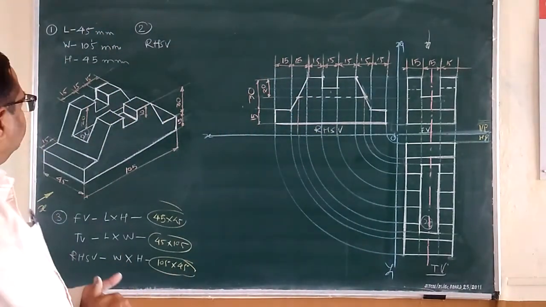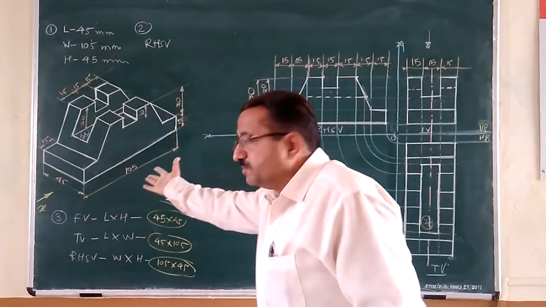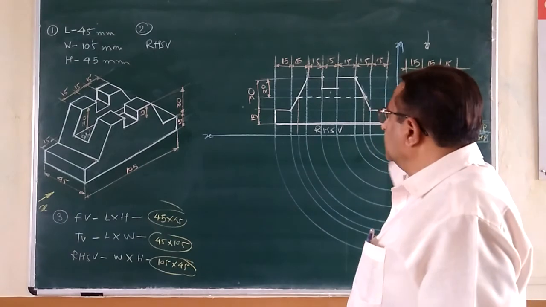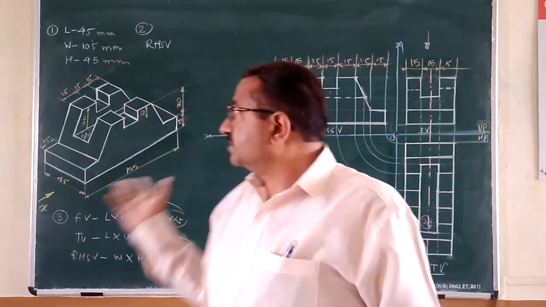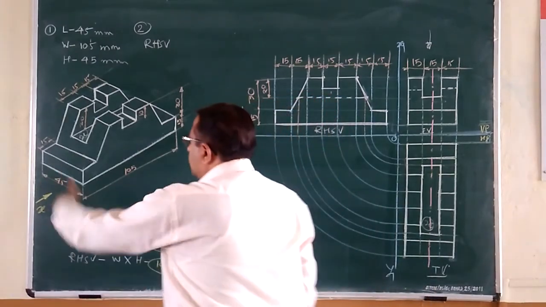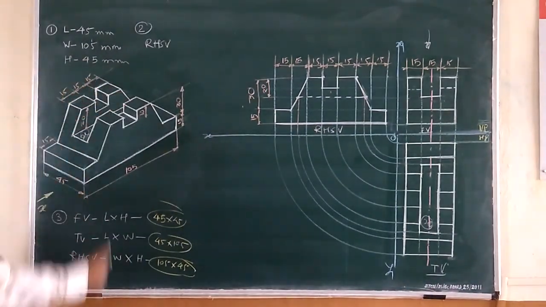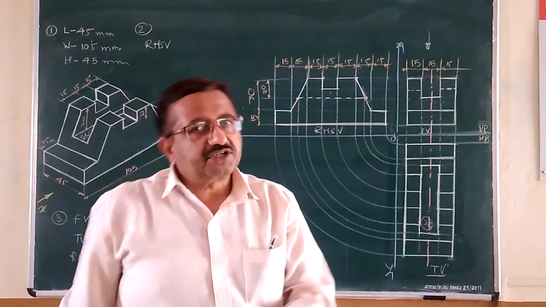This is nothing but its conversion of three-dimensional object into two-dimensional, three number of views. How was the question? Figure shows pictorial view of an object in the direction of x, right front view. In the same direction from top, its top view, and right hand side. So this is its solution.